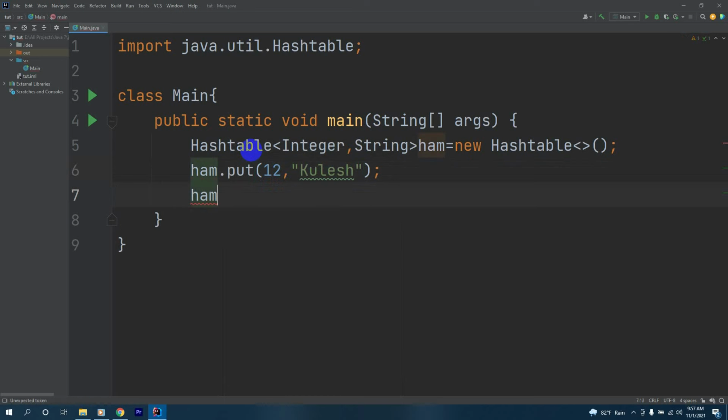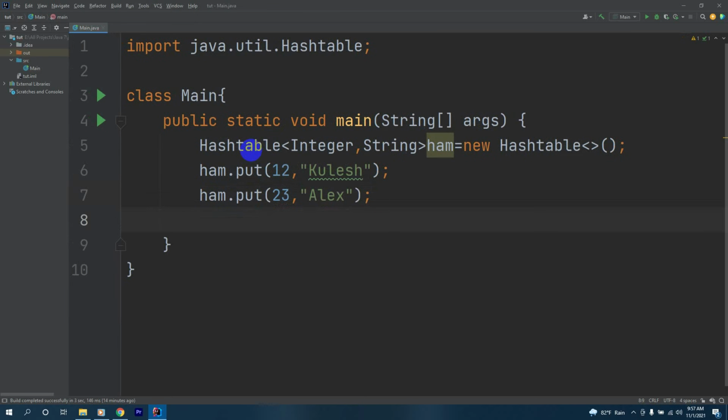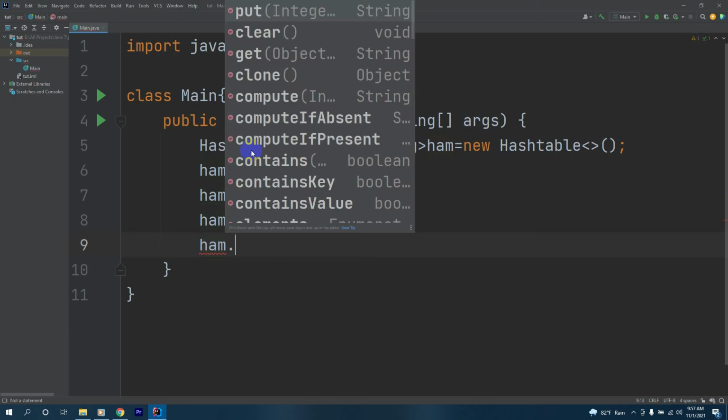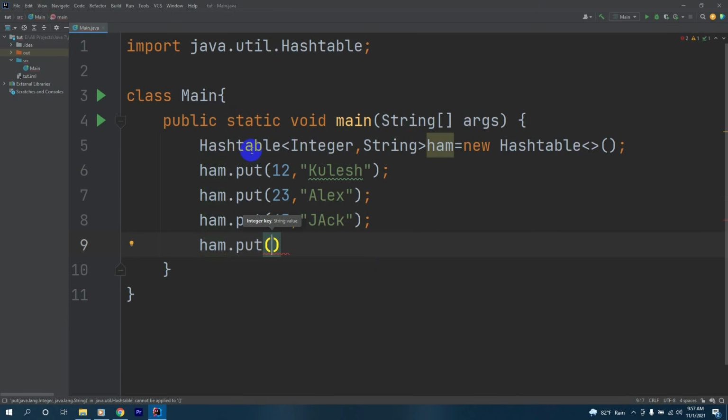We say ham.put 23 Alex, and then we'll have ham.put 45 Jack, and finally we'll have ham.put 11 Carl.